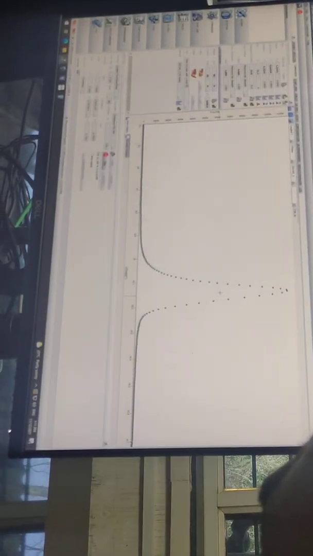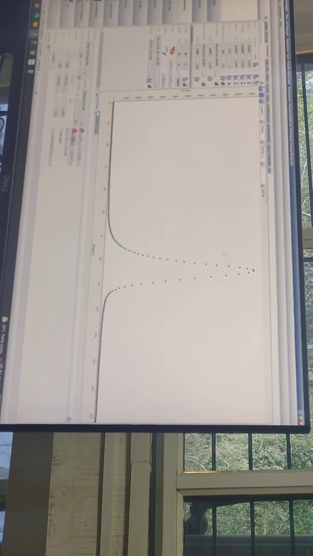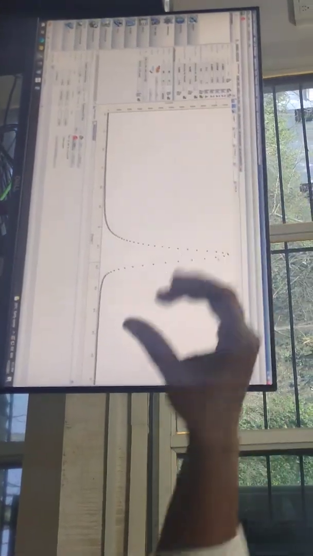Above 55,000 is somewhere 2, 4, 6, 8, 9. So this is the step size you have to use for your full XRD pattern. What you have to do is start from 3 degree to 80 degree with the same step size 0.005 for the full thing, and it will take a lot of time for measuring. It will take approximately 26 minutes, so we will not do that. We'll make it really fast data collection.